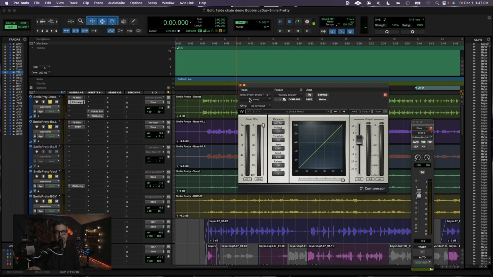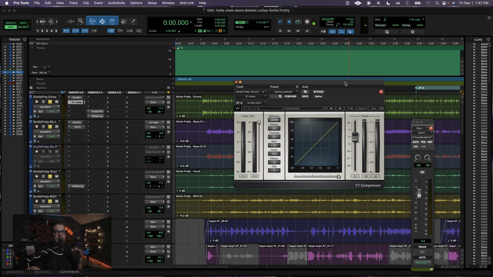But for basics, you'll see a plugin, and again, I'm a Pro Tools user. This is where most of my experience is. I don't know if this applies to everything. I think some of it will. If it doesn't, and you happen to know how to be the Rosetta of this, or basically translate, feel free to do it in the comments, or if you're really passionate about the translation, maybe we could do a video together. Key input. So the key input, knowing there's a key input there, that is the basics of what the sidechaining needs to happen. So what has to happen is, if I put this compressor just on the drums,